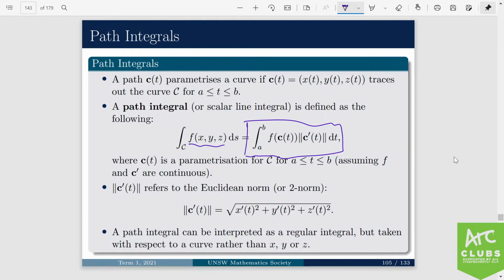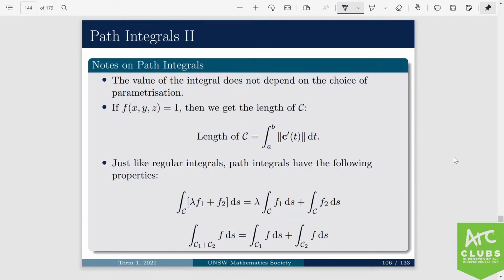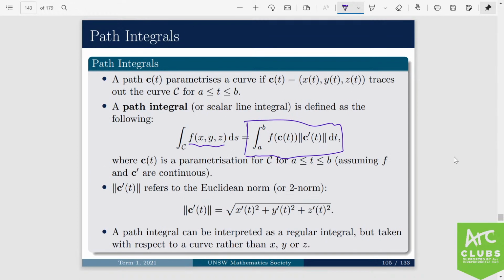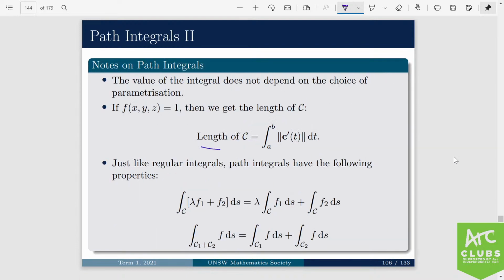It's like instead of integrating a function along the x-axis or along the y-axis, you can integrate along some path, which can be anywhere in between. So it's a bit like a directional derivative, but like for integrals. With path integrals, when you let the function f equal 1, then you can find the length of some path or some curve C. And like regular integrals, they have the same properties, so they're linear,